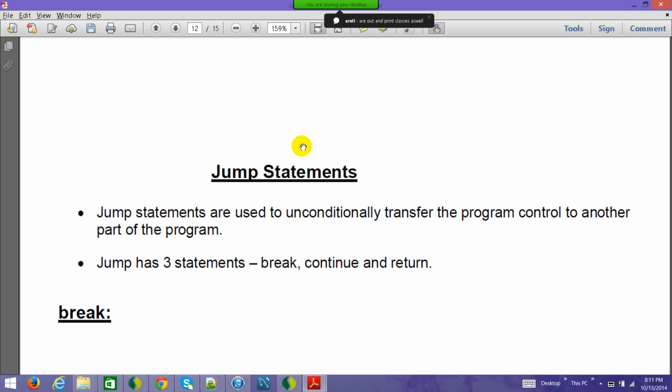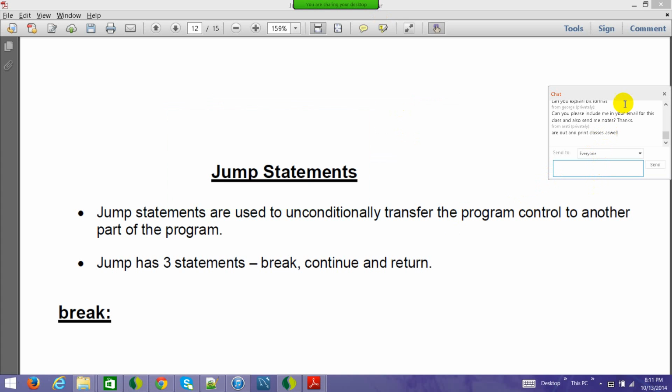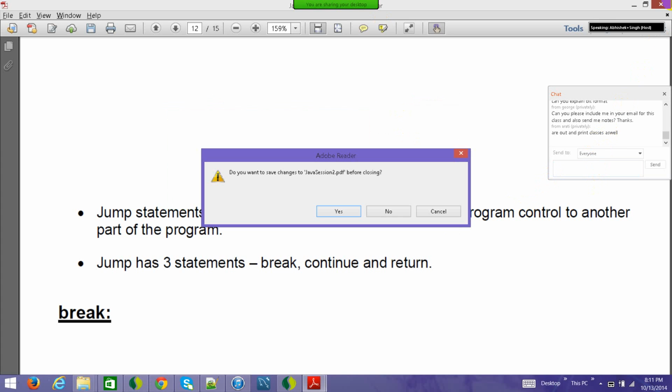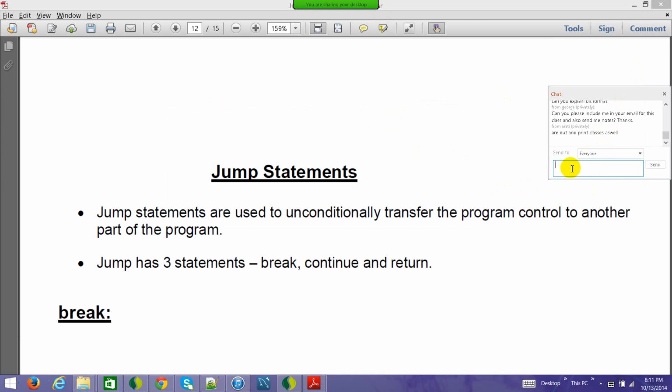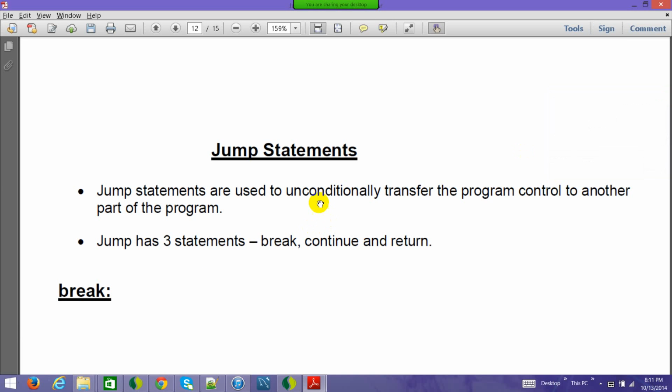One was selection, where selection statements included if, else, wherever you make the selection, you make the decision. That is selection statements. The next thing which we discussed was iteration statements.